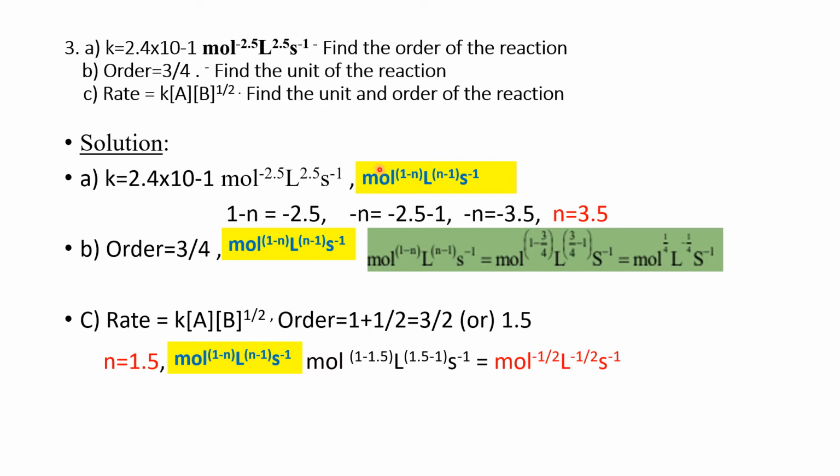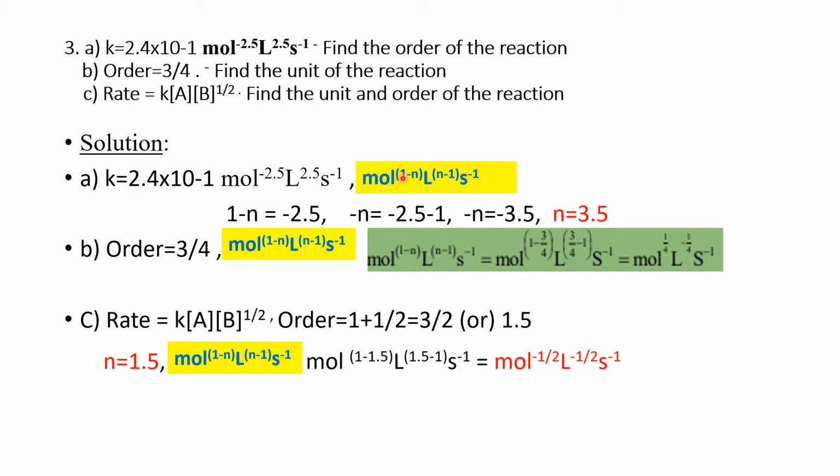Okay, with the help of the rate or rate constant. Here the rate constant is given in this unit itself, even though the rate is not at all needed, only this unit itself we can find the order. How is it possible to find? See, this is the general term. Find the order of the reaction for the general unit for the order of the reaction: mole^(1-n) liter^(n-1) second inverse.